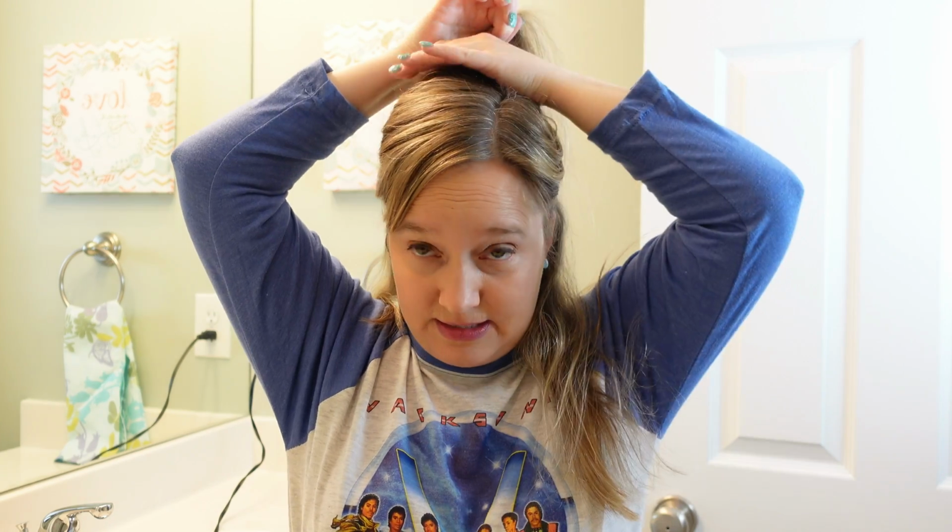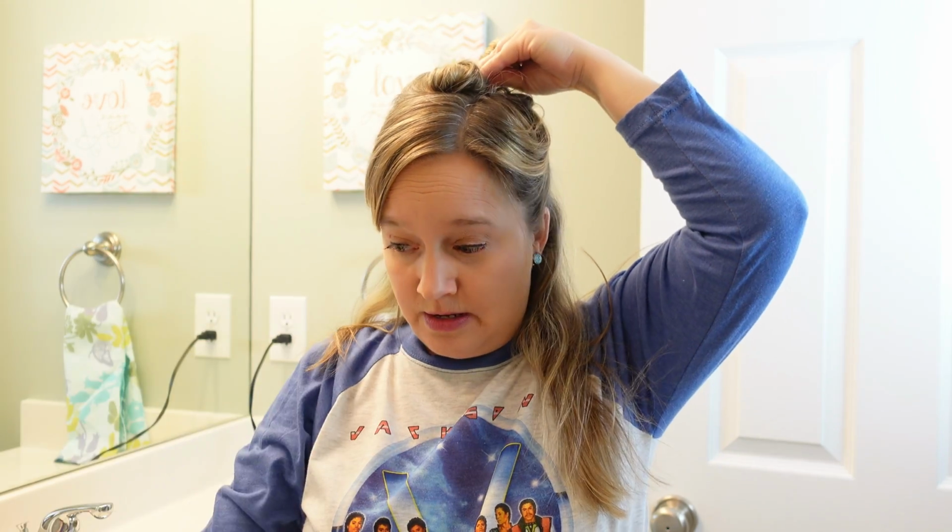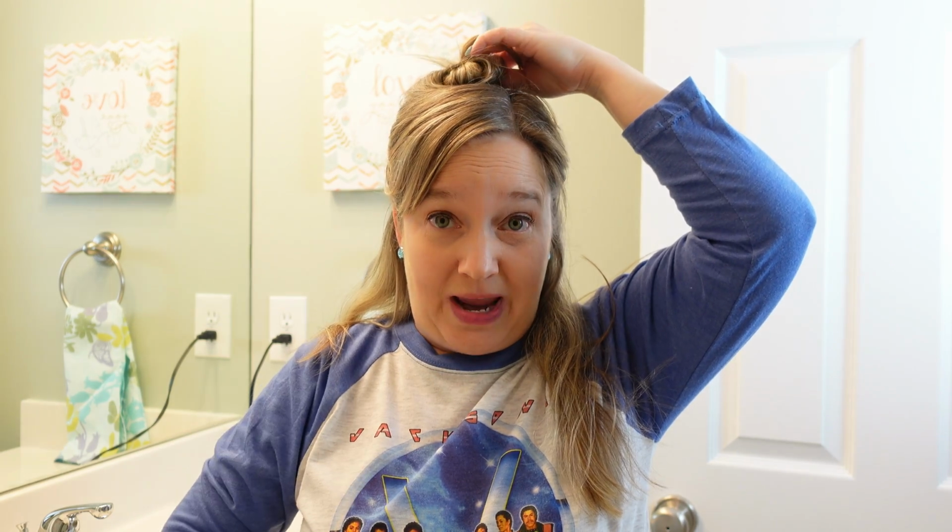It's already quite hot. The only other tool I recommend is just a clip because you want to put part of your hair up. I'll show you. So in order to be able to style the whole thing, I usually start by putting about half of my hair, this top section, into a clip. And so I can just get it out of the way,